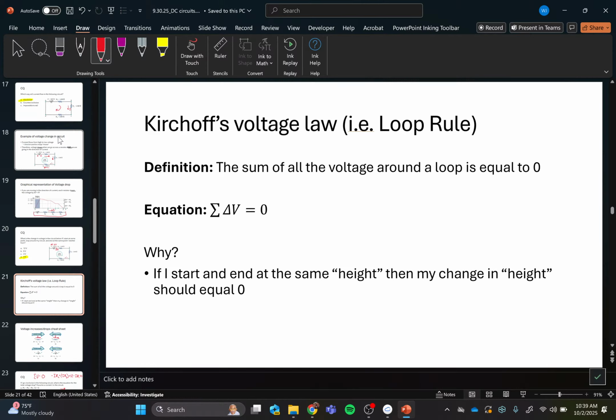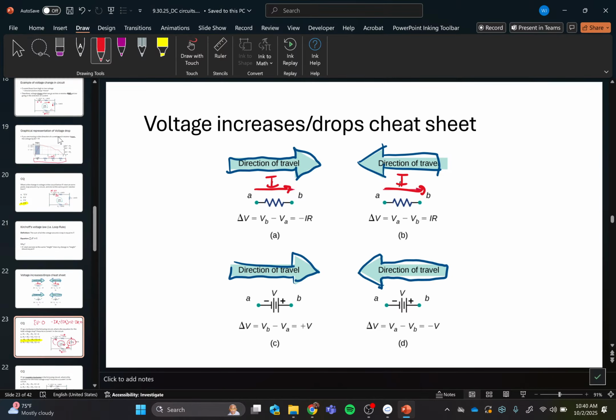Our 3 goals today are to finish up these 2 rules. We're going to do a problem with that, do resistors in series and parallel, and do RC circuits. And then we'll actually be done with circuits until in the future week we'll get to AC circuits. But next week we're going to get to magnetic fields. So we'll be kind of done with circuits after this. All right, so we did this